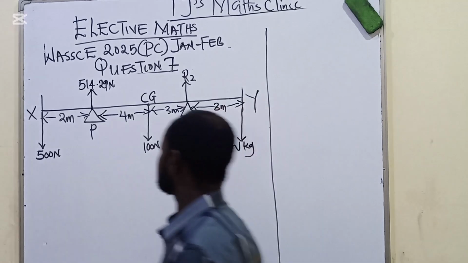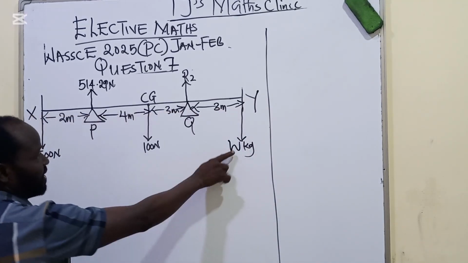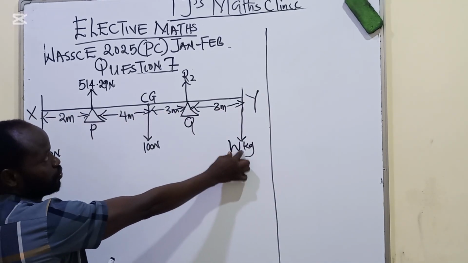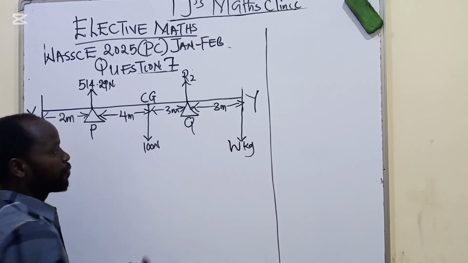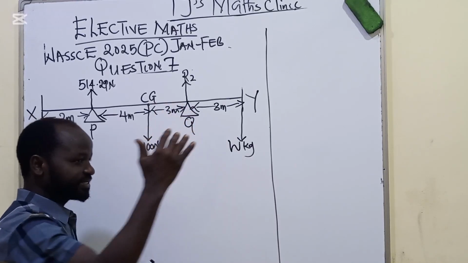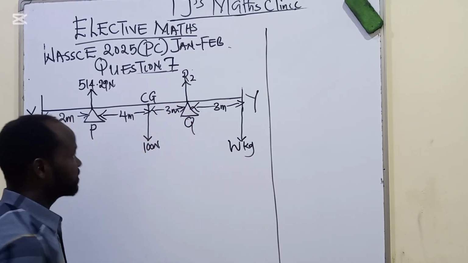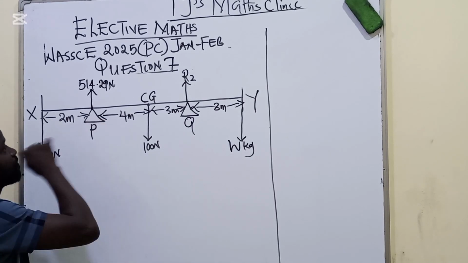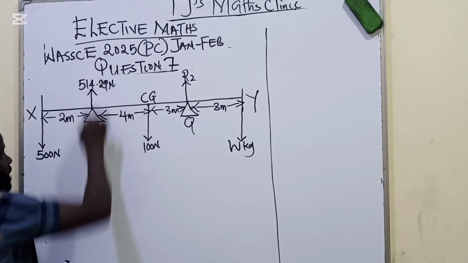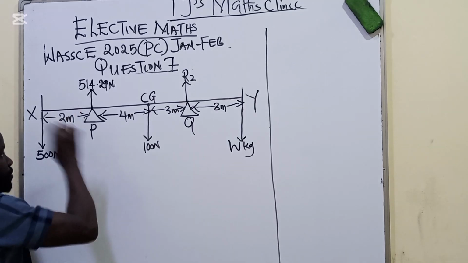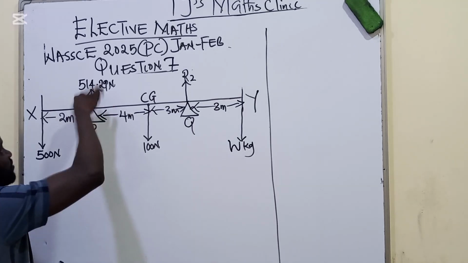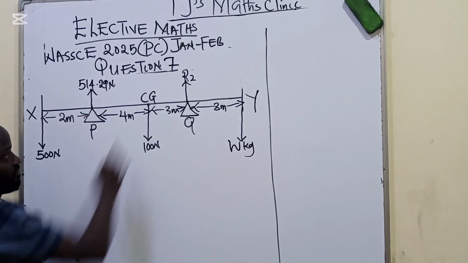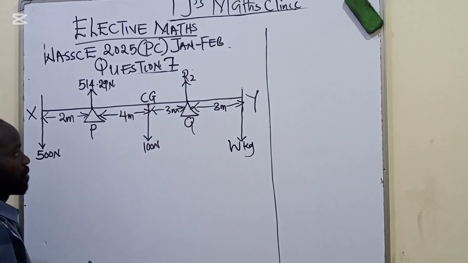Very important concept. So before we can find the weight W and the reaction R2, we have to look at the forces that are acting in anti-clockwise and clockwise direction. Let's say we want to eliminate this reaction at P. To eliminate this reaction at P, we have to take the moment at P to find R2. That's number one. But before we do that, we can say sum of upward forces